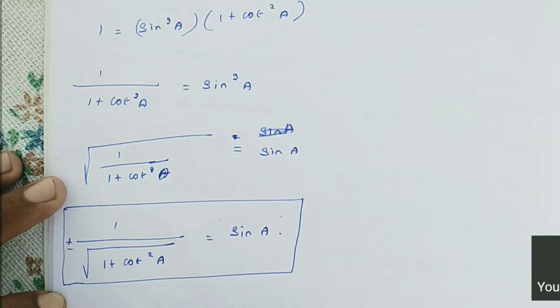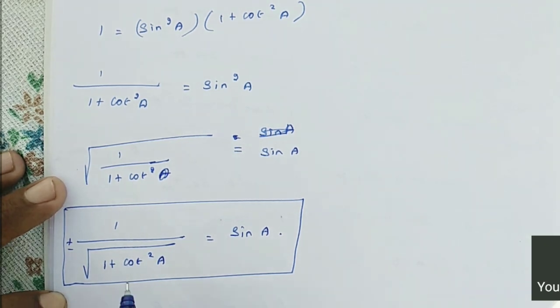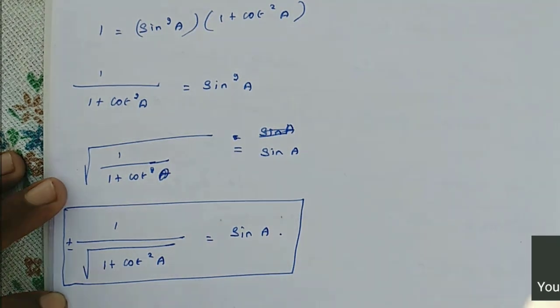Clear? Why can't we take the 1 plus cot squared A out of the root? Here it is squared only, but we can't take it out. Why? Reason? Why can't we take cot outside of the root, when here it is cot squared? Why can't we take one cot outside? It's not possible, but why?